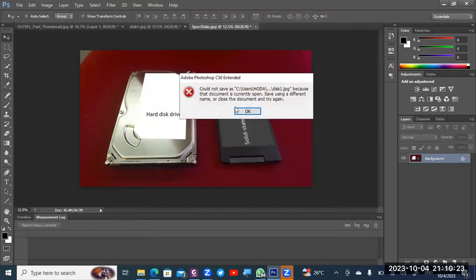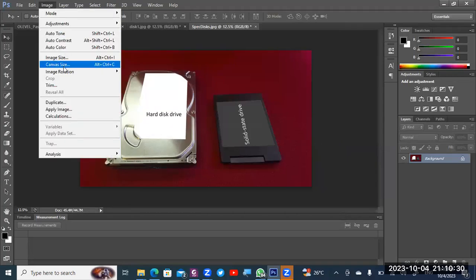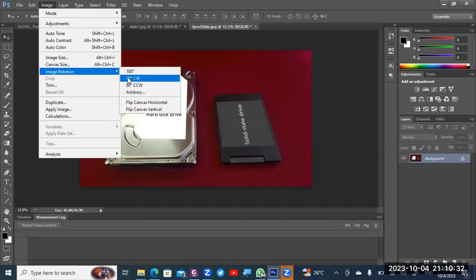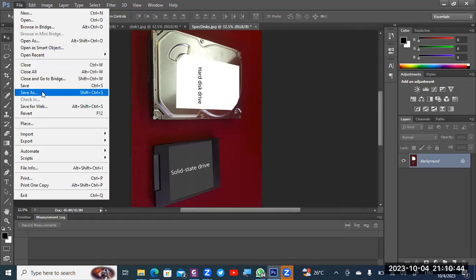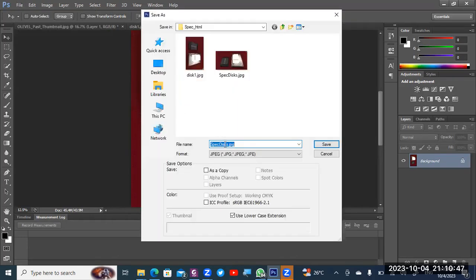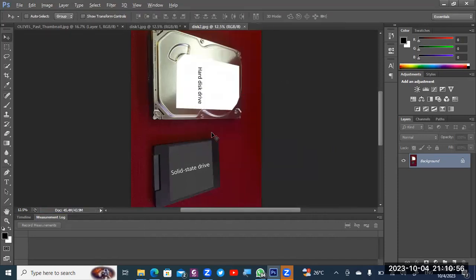And then what does he want us to do? Next step, to make it like this, rotate it clockwise 90, and then save it as disk 2. Again, save as disk 2.jpg. Okay. And then